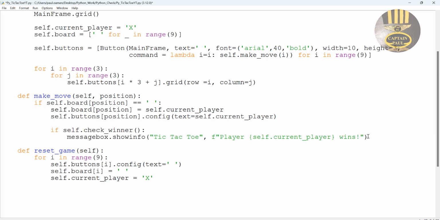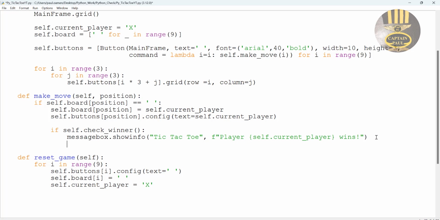If we have a winner, we just want the system to reset. So since we have a winner, let's call reset. Let's grab all of that and paste it right underneath here. Paste. Do that again. Copy and paste. Close the bracket. Okay. Else,